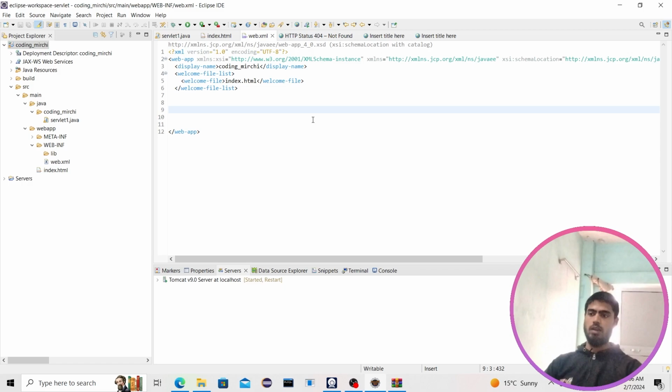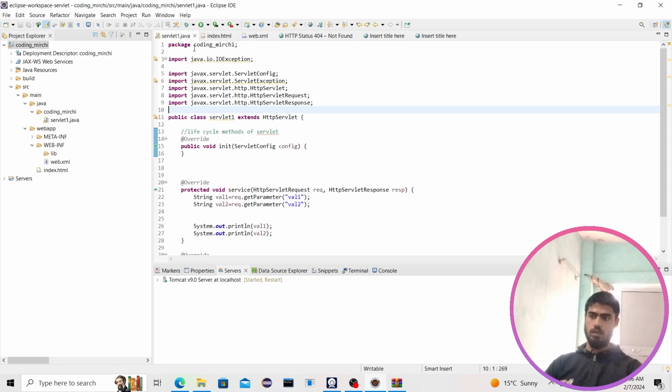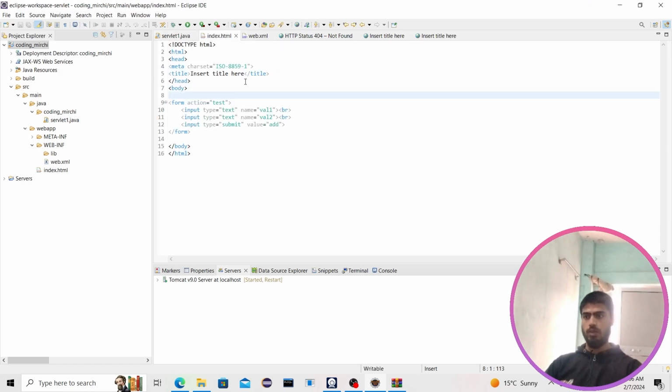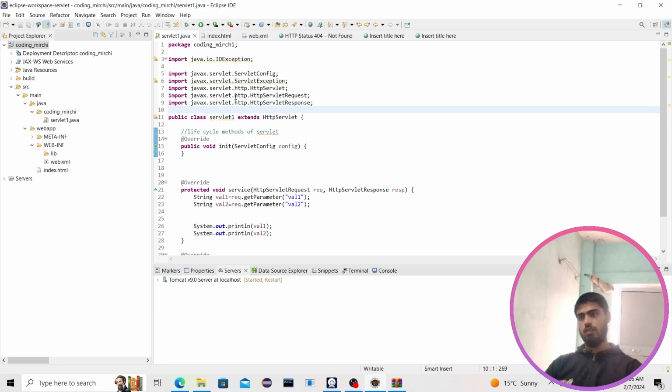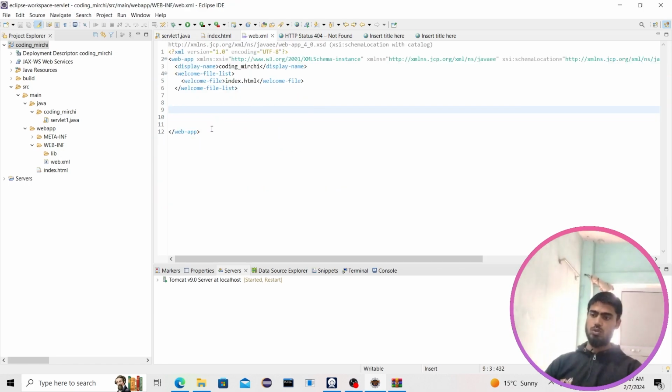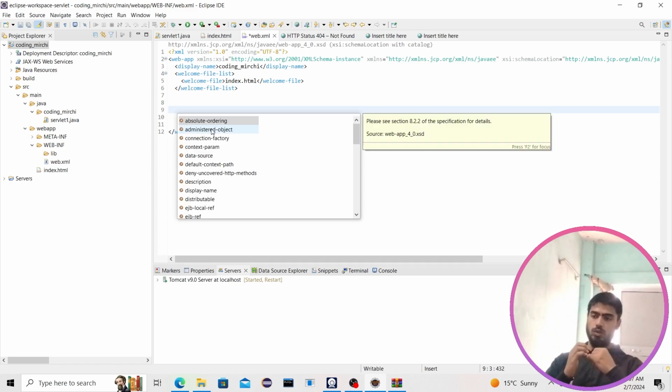But what we are here to do is to make a relationship between HTML and servlet: for which HTML, which servlet has to be called. To do so, we have some tags in web.xml. You have to hard code these tags; you have to learn these tags. This is not hard, this is again just 4 to 5 lines of code. So the tags are